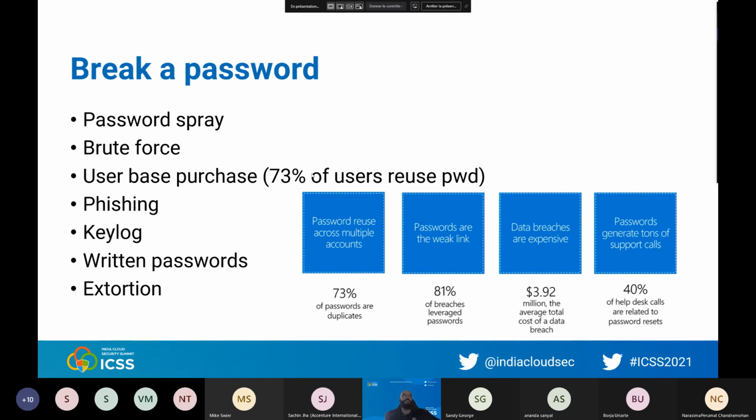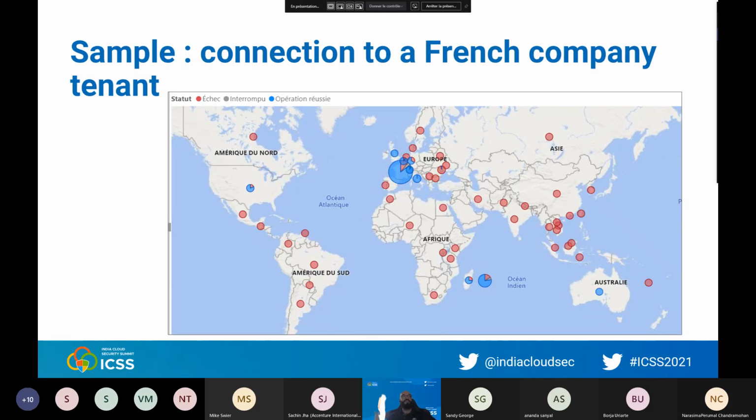You can be sure that using the LinkedIn hack from a few years ago, I will retrieve passwords used in your very company, or because I'm using phishing, or because I installed a keylogger on your computer, I can get your password. So you really need to secure your password, and a password alone is not really secure anymore. Okay. To give you an example, this is an Office 365 tenant I audited 1 year ago.